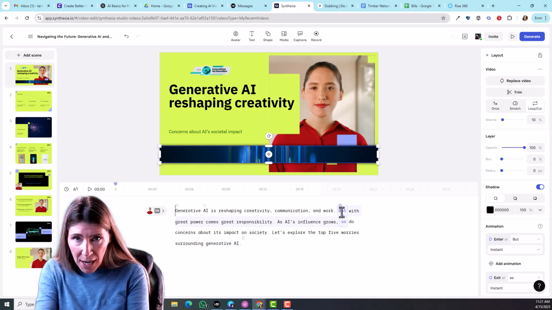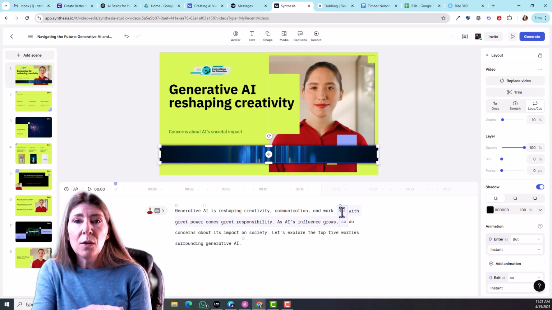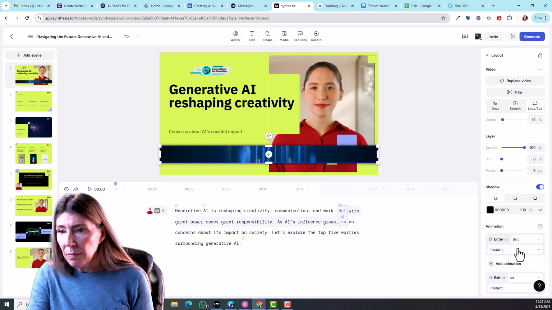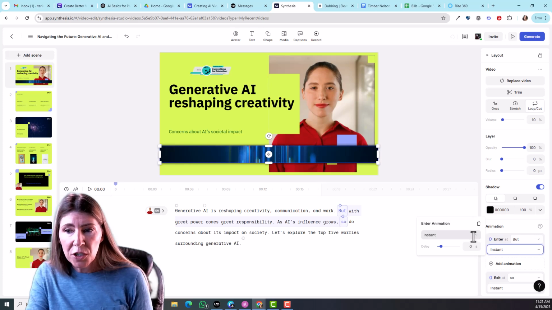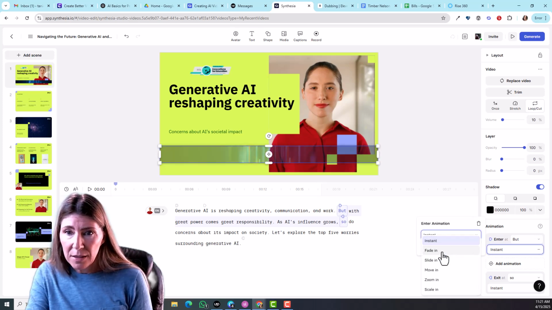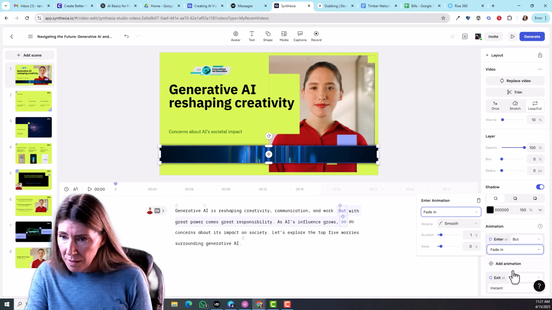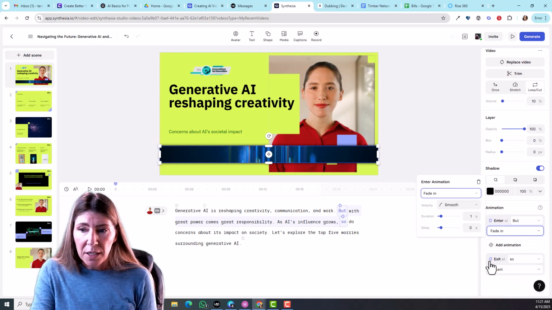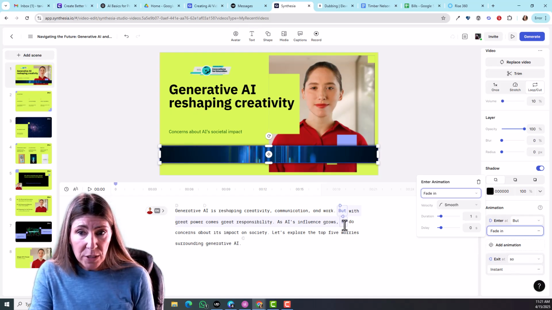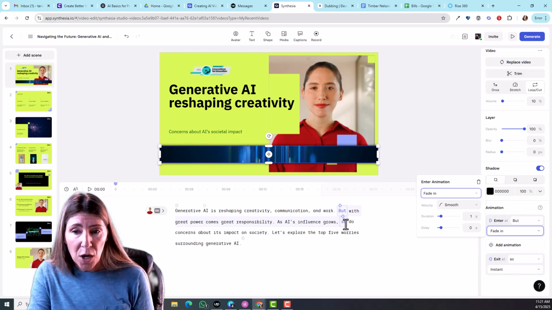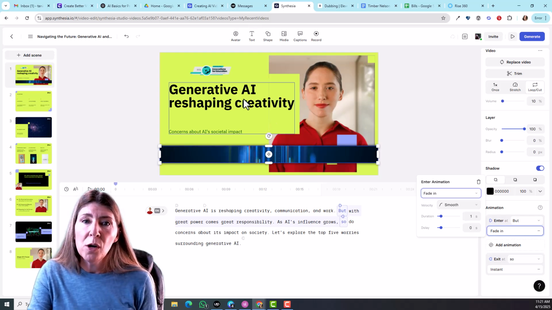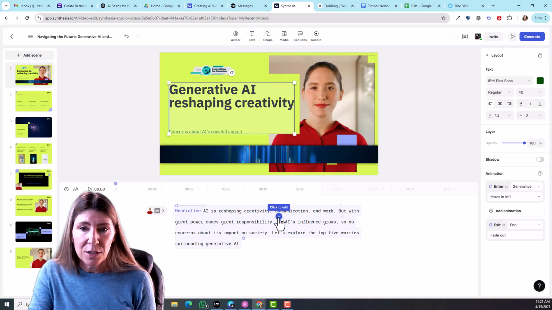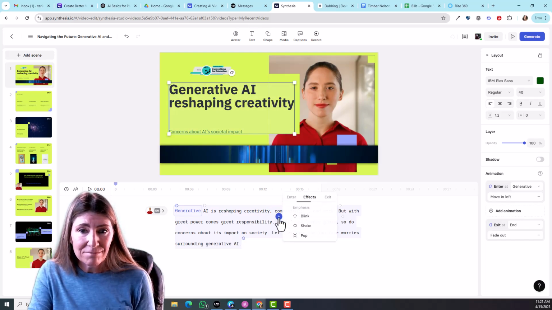So you see the blue highlights show you when that particular object will be visible on the screen. Then you can choose the transition on how it appears. I like the fades. The fades are very nice. Okay. And then you can see here it's got the exit animation. It's going to exit at the word "so." Now you can also change the triggers by clicking on a letter and saying add